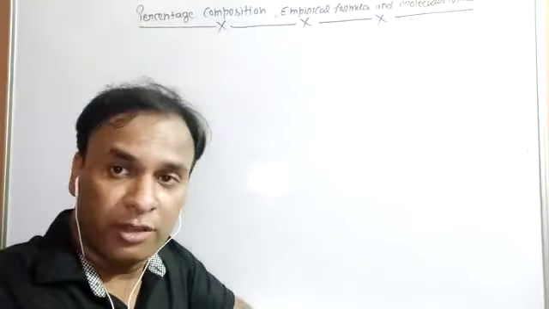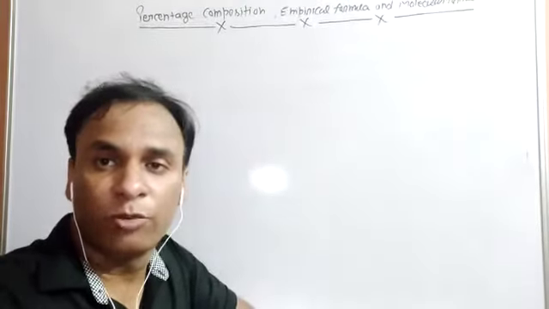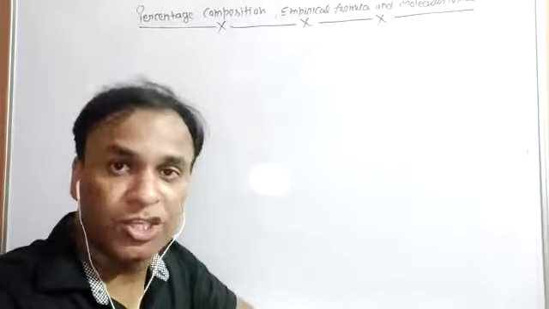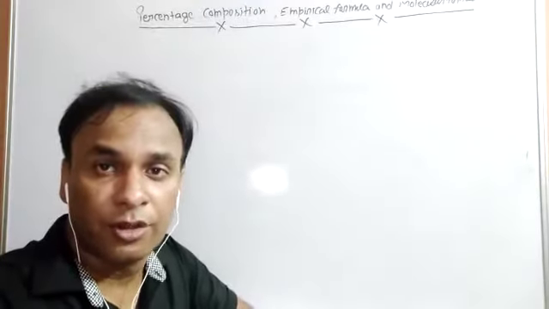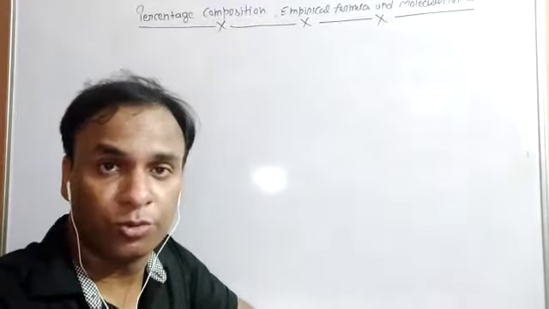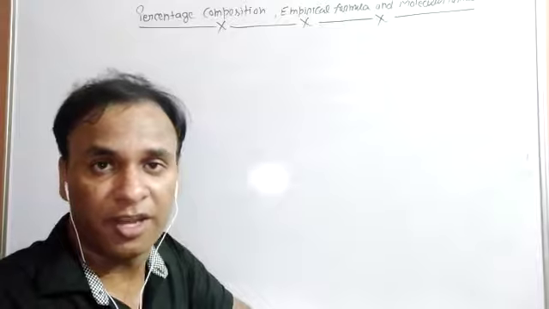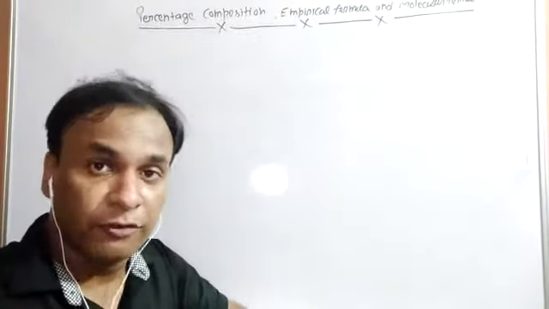Now when we talk about the empirical formula, what is called empirical formula? Empirical formula is a formula which gives the information about the simplest ratio of atoms in a molecule or compound. That is called empirical formula. Clear? For example,